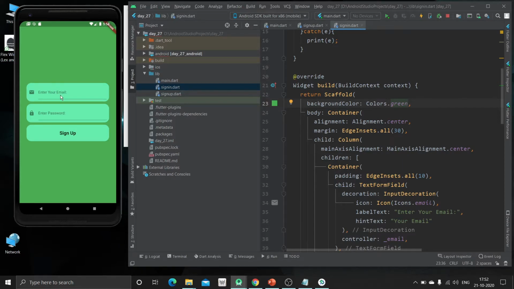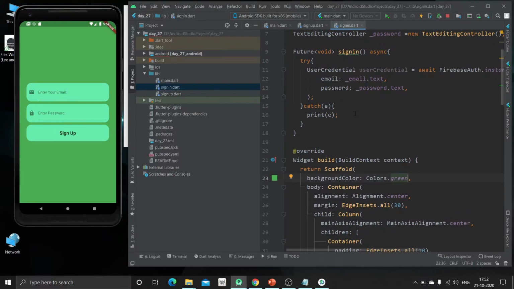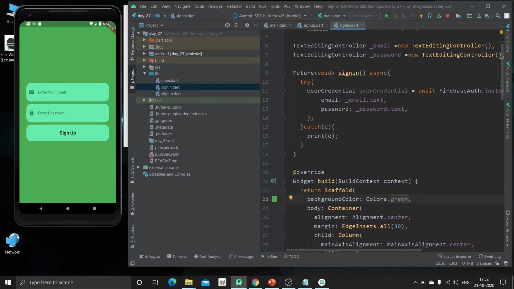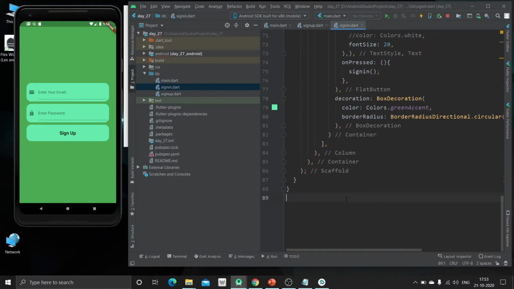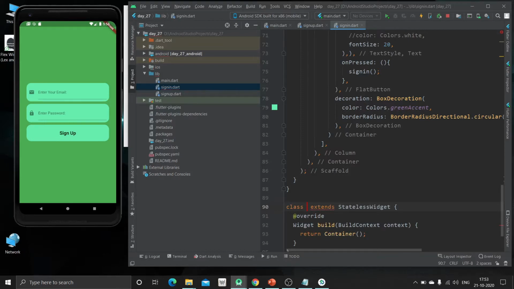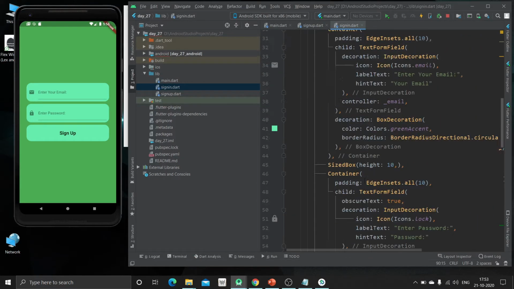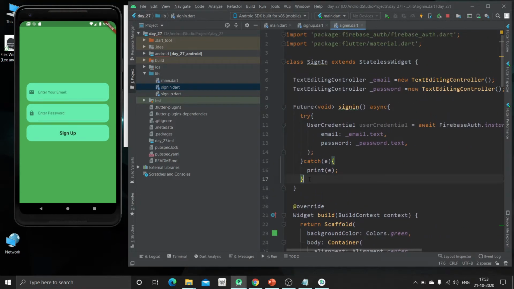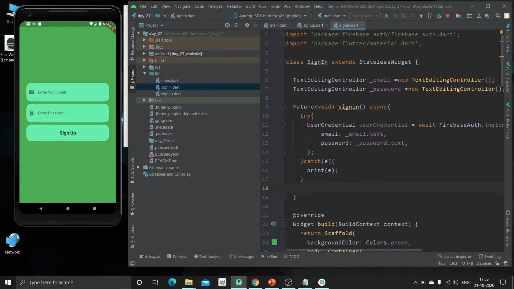So user has to provide the credentials like email and password to log in, and after successful login, we will call another page, so that we will get to know if the user has been logged in or not. So this is the main page. So we will call this main page after the successful login of the particular user.